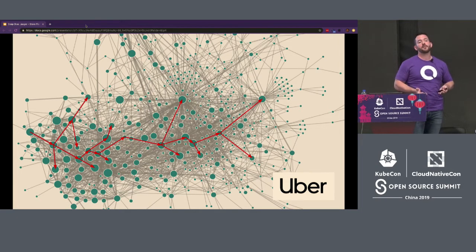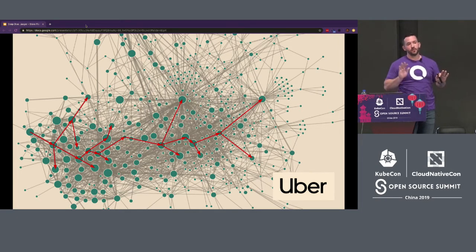One of the biggest problems as you move from a monolith to a microservices-based architecture is problem isolation. Where is the problem? Where is the root cause? In a monolith, it's in the monolith. With a distributed architecture like this, one microservice can actually cause errors upstream and downstream, a rippling effect.